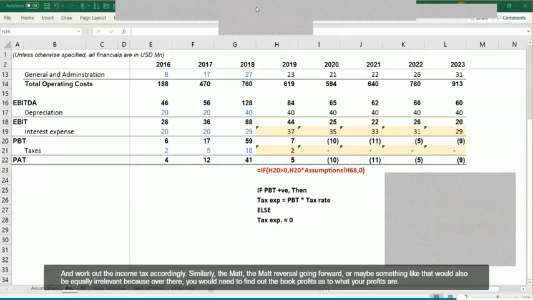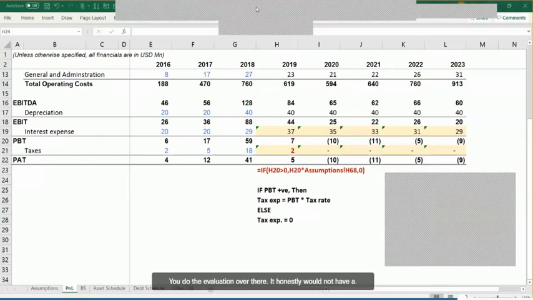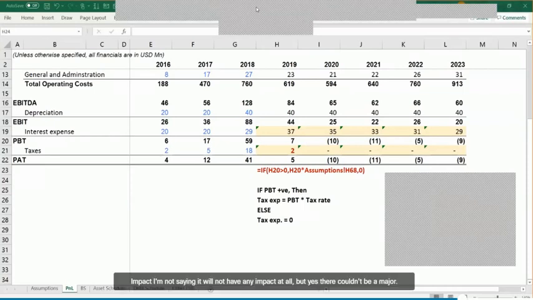Similarly, the MAT reversal going forward would also be equally relevant, because over there you would need to find out what your book profits are. Are they really going to attract the minimum alternate tax that is supposed to be paid? And then you'd apply a min of the two numbers to see the tax figure there. But from a DCF standpoint, when you do the valuation, it honestly would not have a major impact. I'm not saying it will not have any impact at all, but there wouldn't be a major impact, because